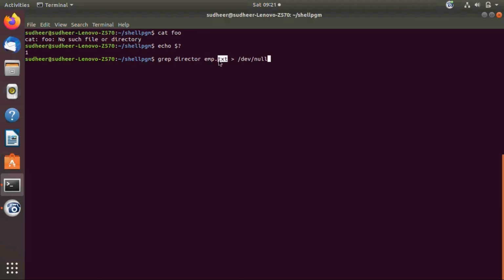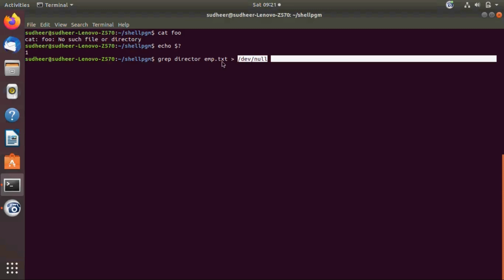Once the command is executed, the output is sent to the device file. To store it into this device file, you are using that redirection symbol, the greater than symbol.